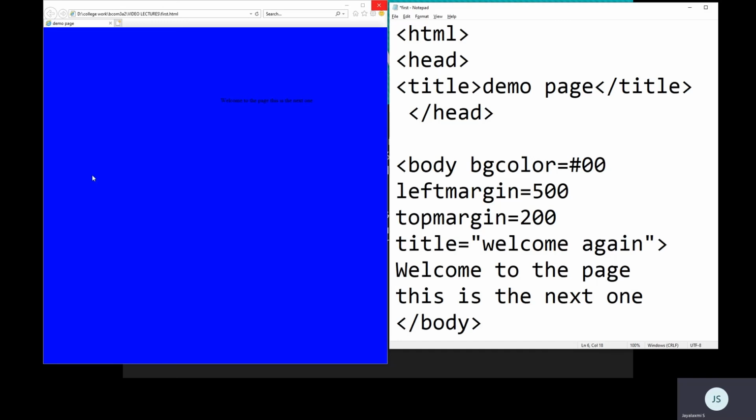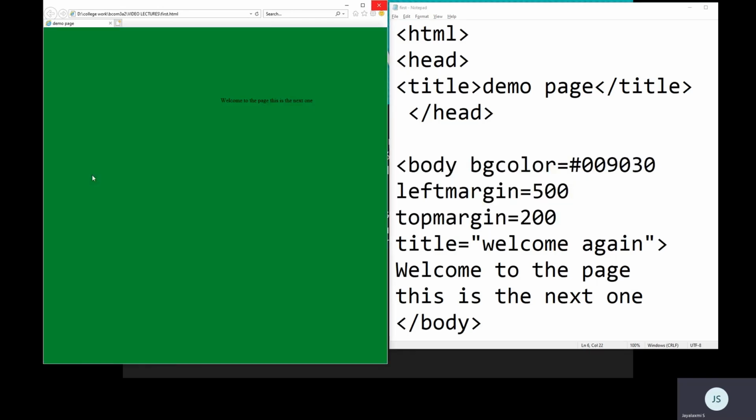Can I go with a combination? Absolutely. I will say 90 points of green I want, and I want 30 points of blue. See, combinations. You can work with multiple combinations. Give different numbers. That is what we were saying previously with the direct numerical number. Now here you are giving the hexadecimal values.